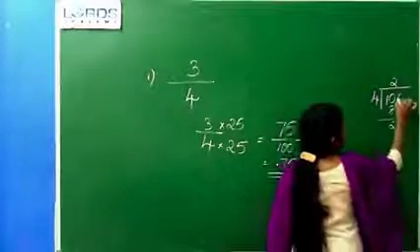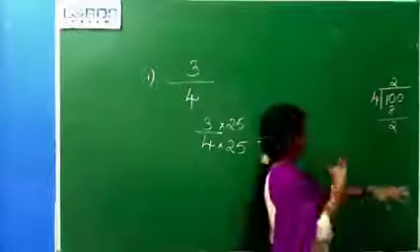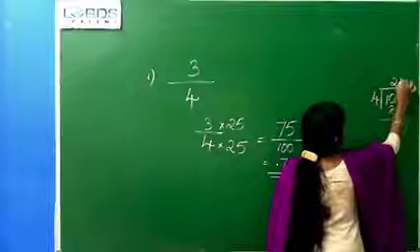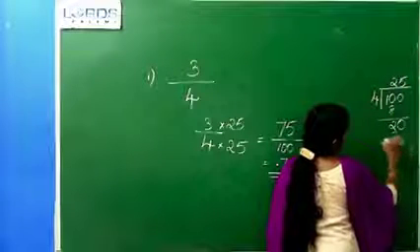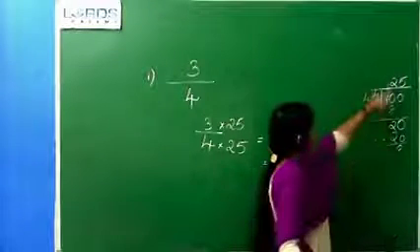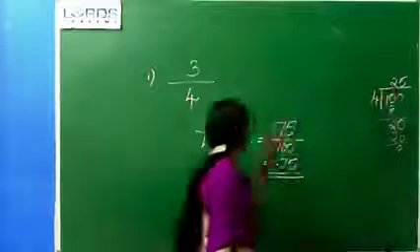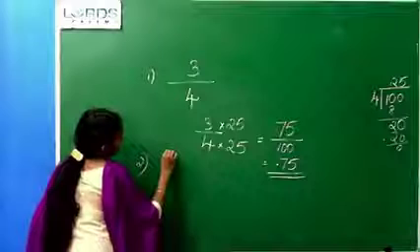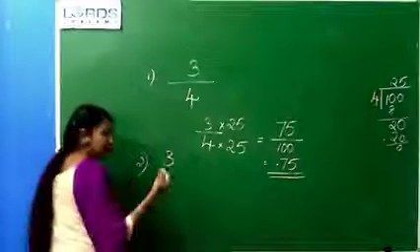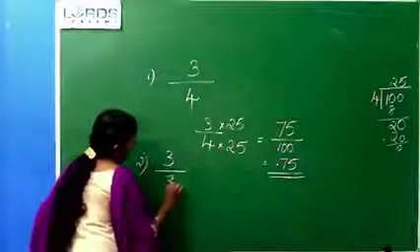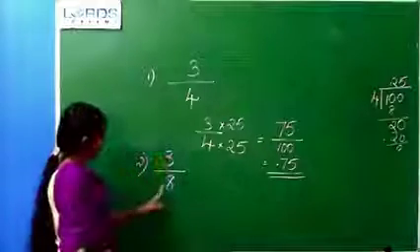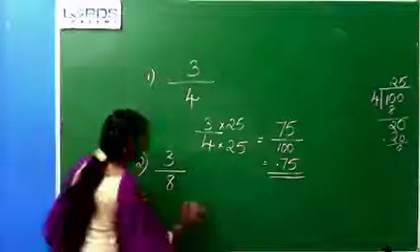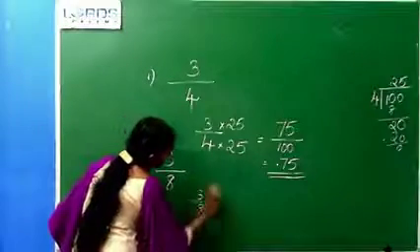So, we just wrote it as 100. The same number itself. Now, again we will start dividing. Yeah, it is possible. So, which number we got? 25. That 25 we are taking here. Same number 3 by 8. We got 8. Which number will be there? So, we wrote 3 by 8.